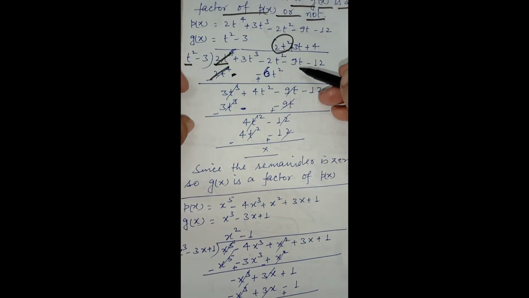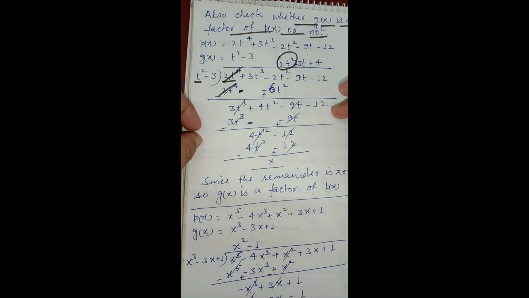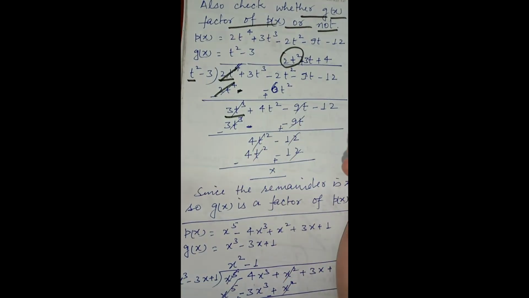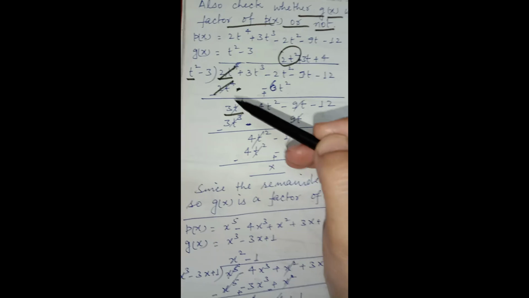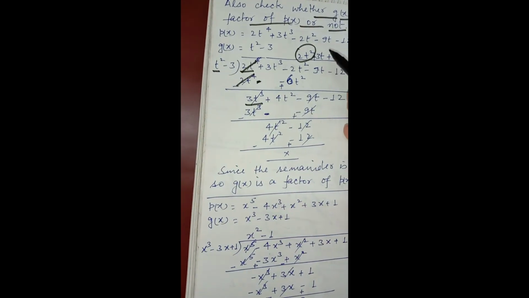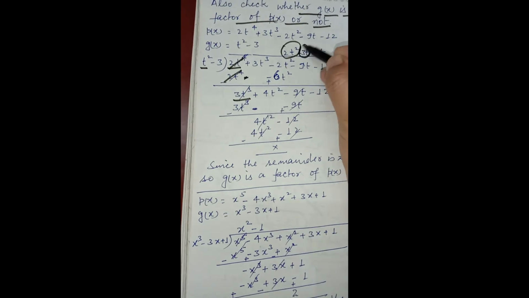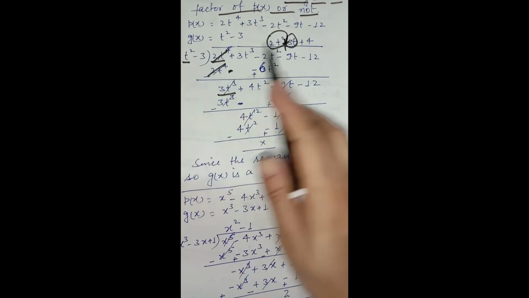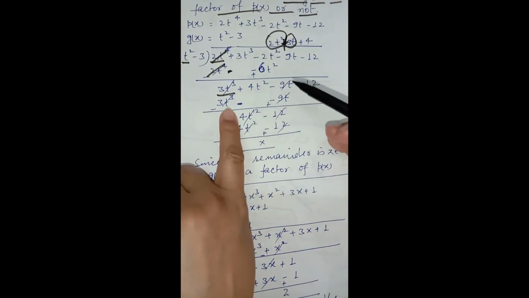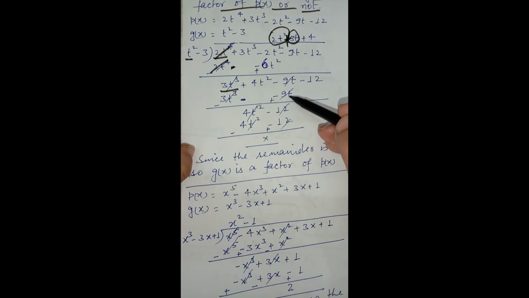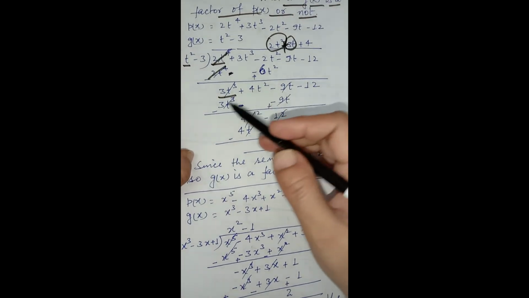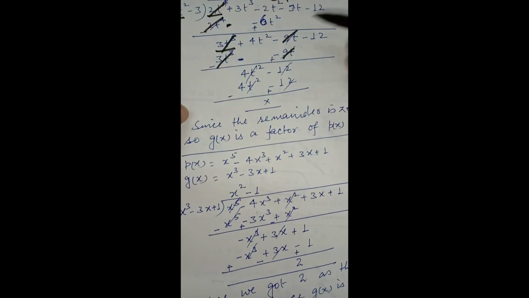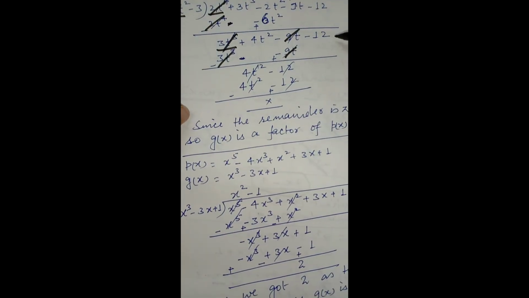Now, if you like, you can copy all the terms in this way. Now, the first term of the next step dividend and divisor: to make t square into 3t cube, we need 3t. So the next step quotient is plus 3t. We multiply this divisor with 3t, so we will get 3t cube minus 9t. We will write the other term of t. On solving, by changing the sign, these two terms will be cancelled, and we are left with 4t square minus 12.